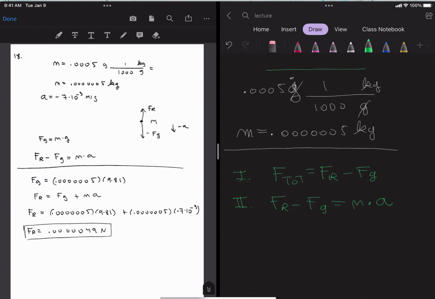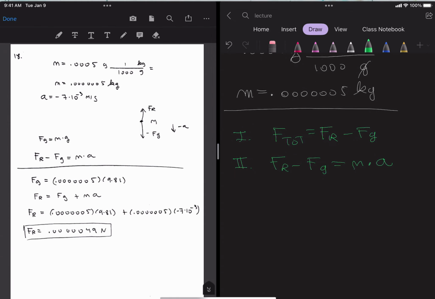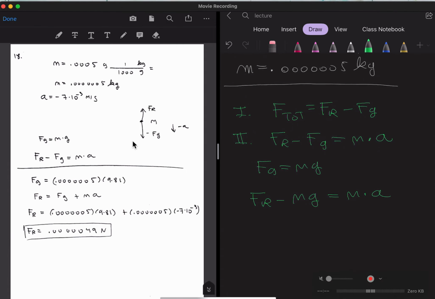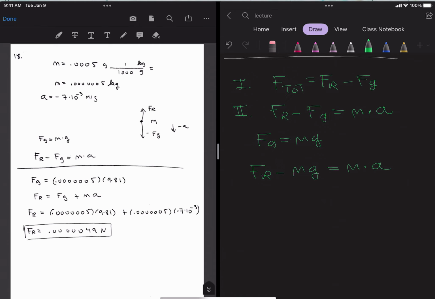And we're ready to go. The only other thing is we can replace weight with mass times g. So the equation is going to become air resistance minus mass times g equals mass times acceleration. So you can plug in here, but it's going to be a little messy because the mass is so small. So I'm going to do some algebra. I'm going to move the minus mg to the right, so add mg to both sides